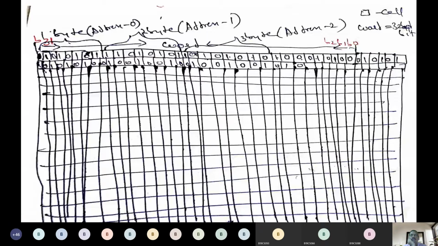What is the address of this first word? Is it address 0, address 1, address 2 or address 3? Come forward with a guess. If you delay, I will take another half-an-hour class.